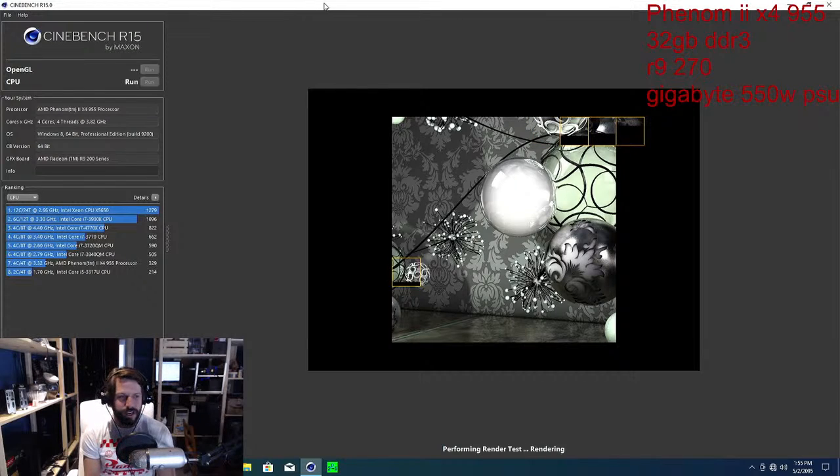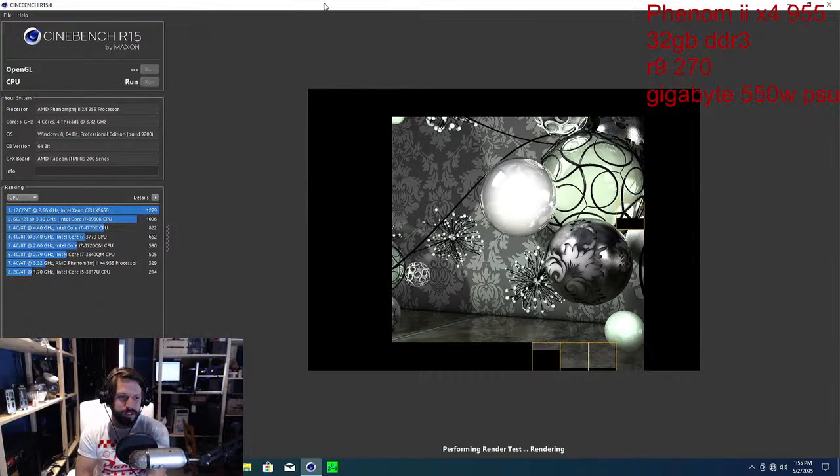Cinebench R15 is kind of like the standard. Cinebench R20 or R23 now is kind of the standard. Internet speed test. You don't need to know my internet speed. My internet speed is just fine. And I can't on this processor, or on this computer, because